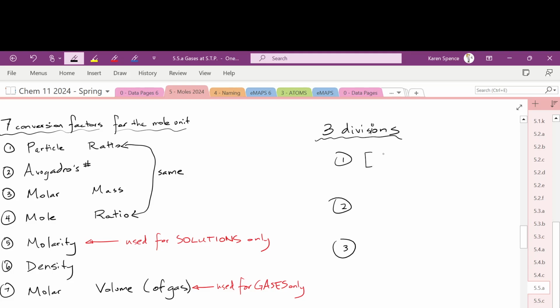And if you're having trouble, there's your first one. What does D stand for? Density. And the third one is the